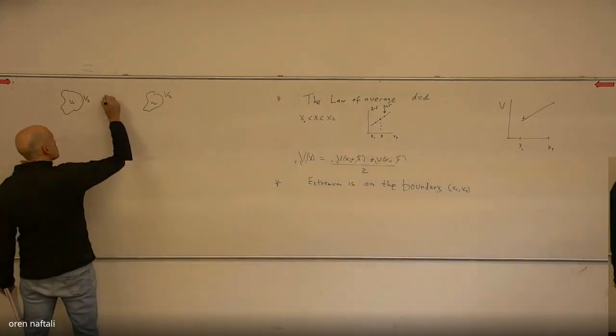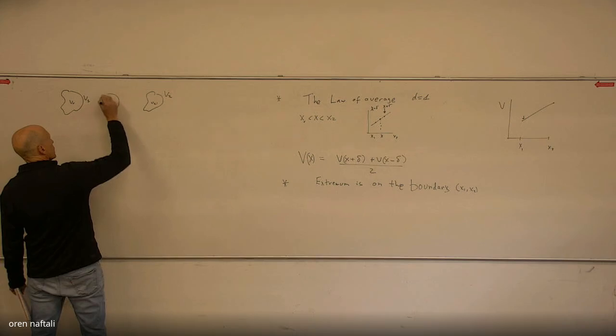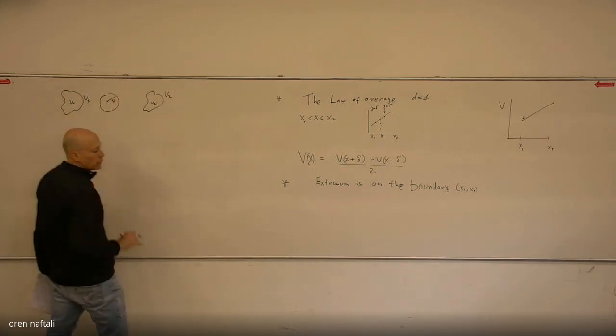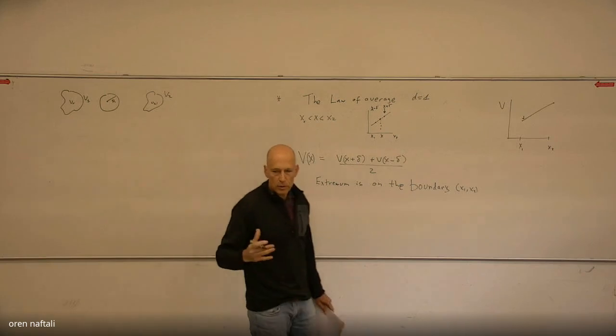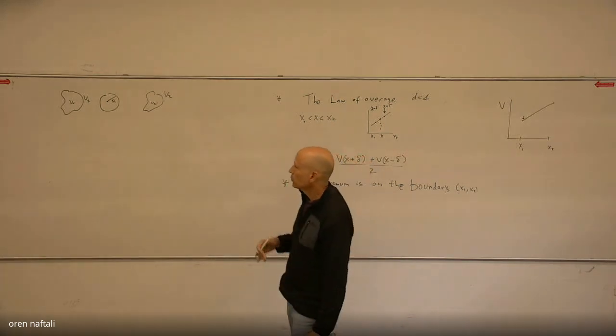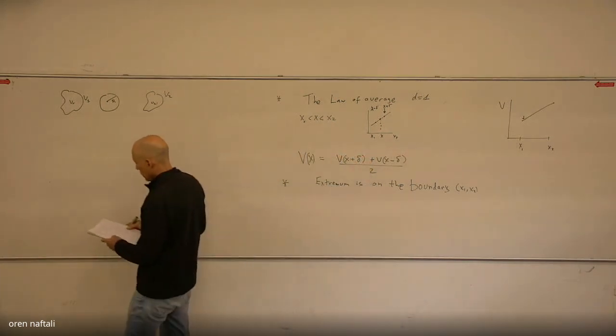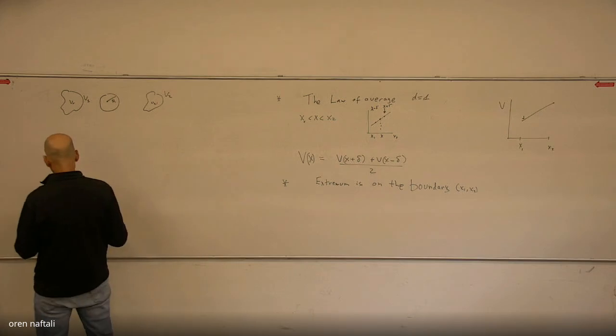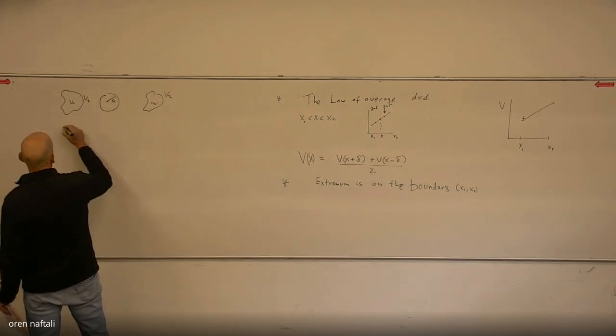And around this point, I'm going to build a sphere. The sphere has a radius r. This is a theoretical sphere. It's not a physical sphere. I just put it there to define the average. So the law of the average